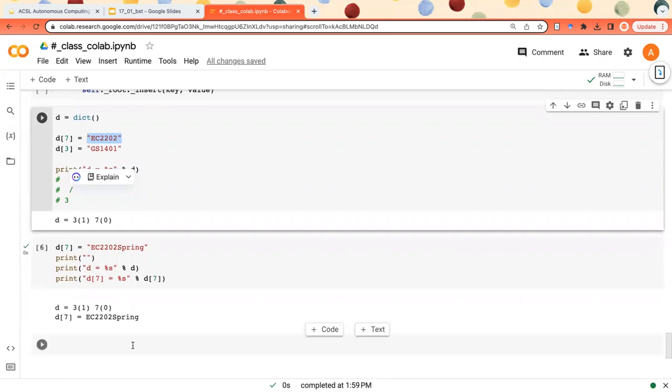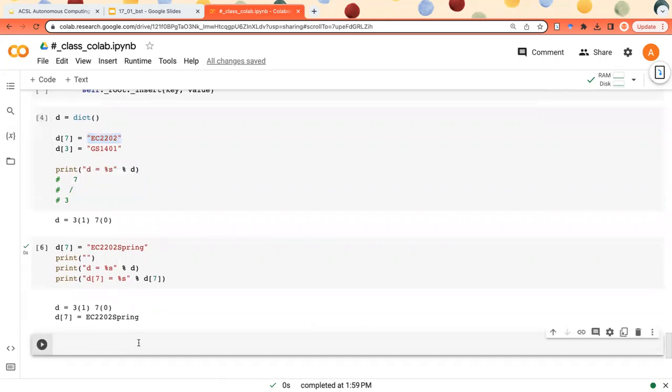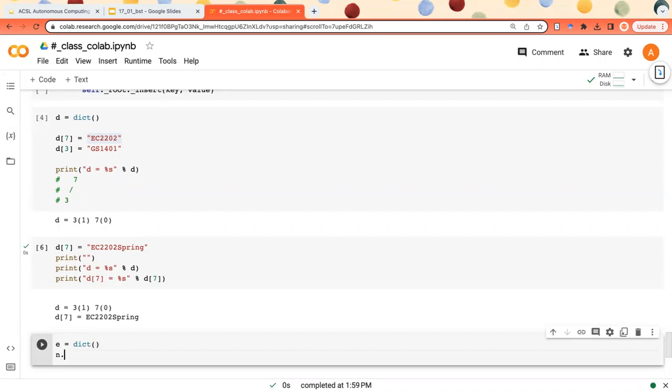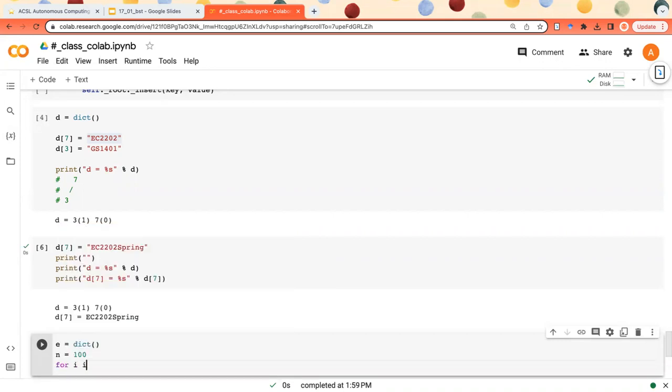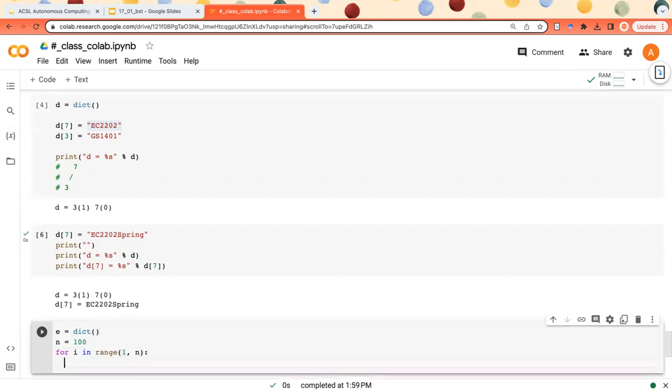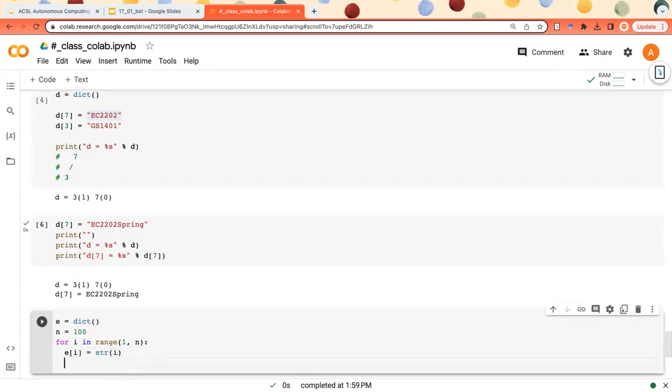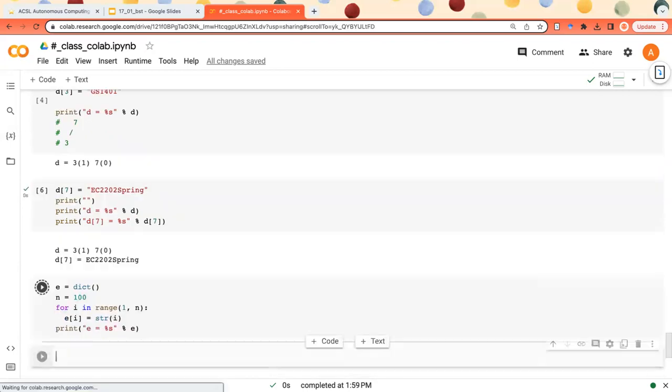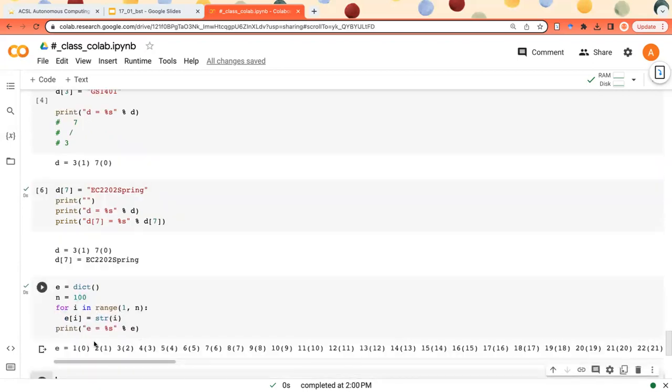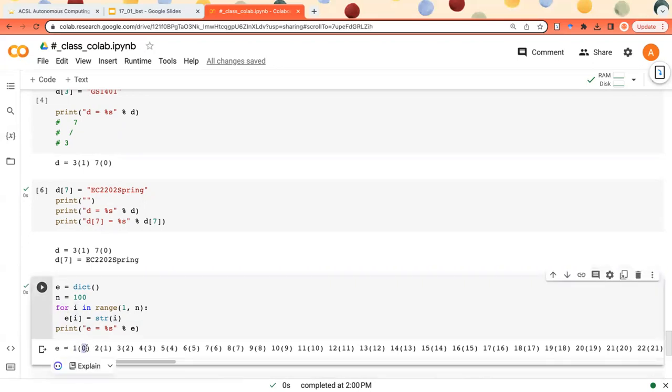And before I finish this class, I want to show you one problem of our implementation. Let's say we want to insert 100 numbers. So what we are doing is we are inserting numbers to this dictionary from 1 to 100. Actually 99. And let's see what happens. If we do this, as you can see here, 1 is at level 0, 2 is at level 1, 3